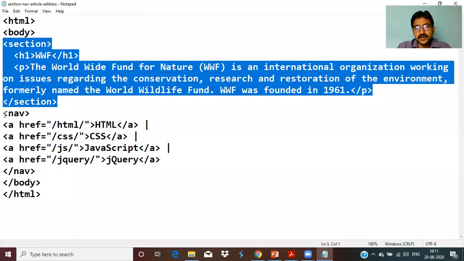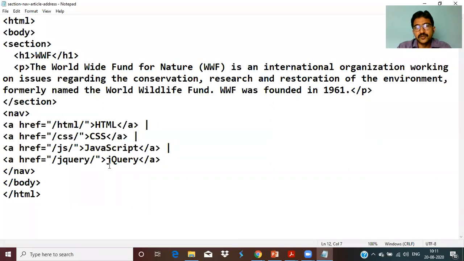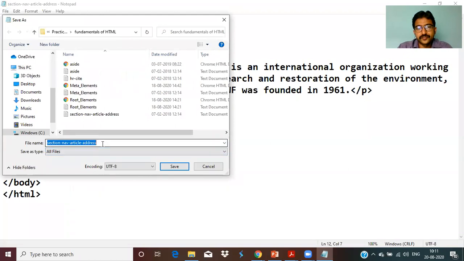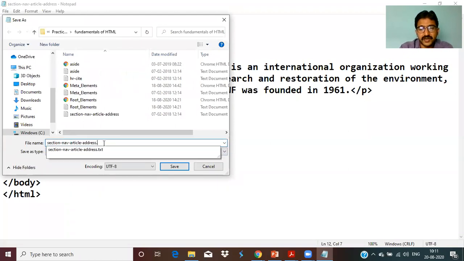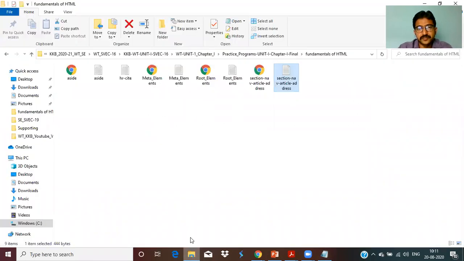In the navigation, we are using HTML, CSS, JavaScript, jQuery. So only two elements we are going to discuss in this example. Now I'm saving it as .html. Any file name you can give, it doesn't matter. Just save as, and I'm running the program.